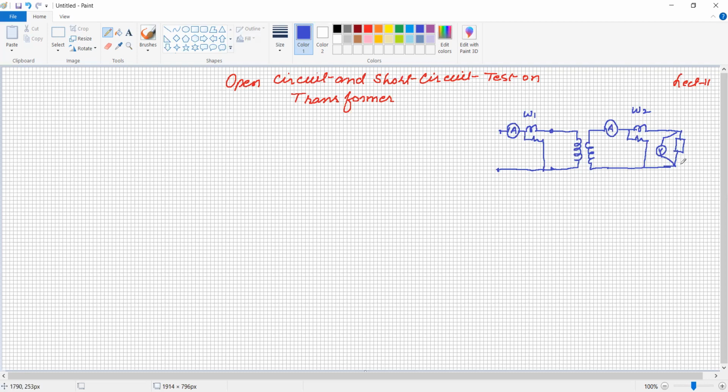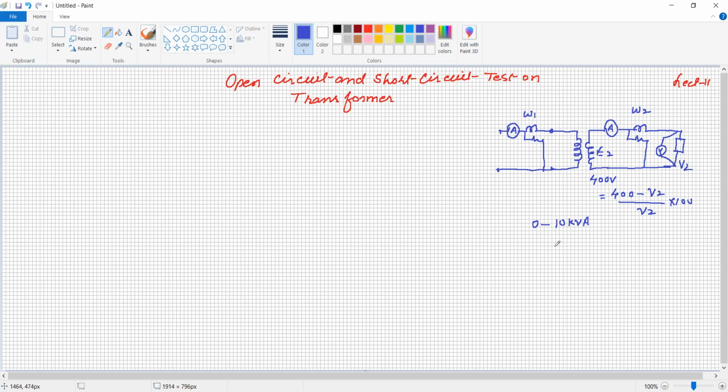So under such condition, the transformer can be tested. Say the voltage is V2 here and the EMF induced, say E2, under no load condition is 400 volt. We can calculate (400 minus V2) divided by V2 into 100, which is the voltage regulation of the transformer. So voltage regulation and efficiency can be calculated by direct load on the transformer, but it is applicable only for maximum 0 to 10 kVA transformers, because load is available.